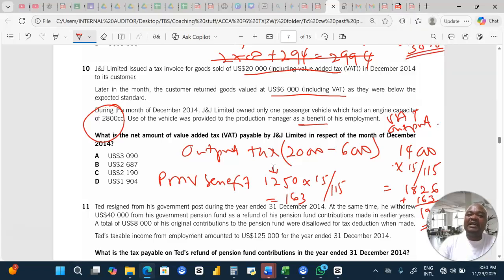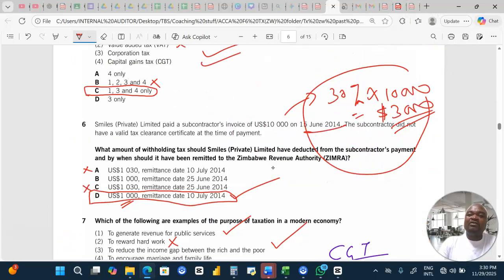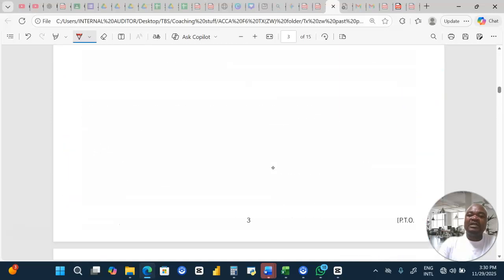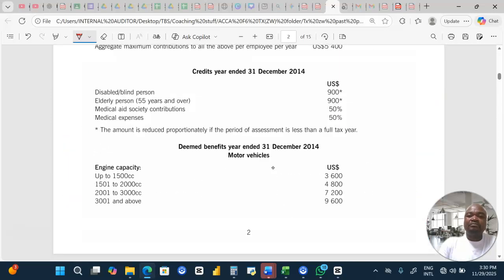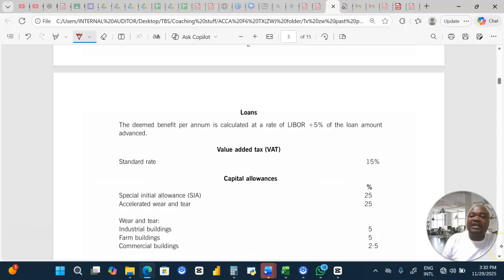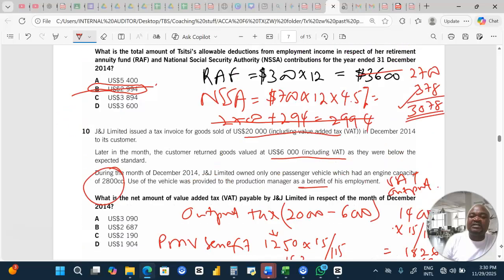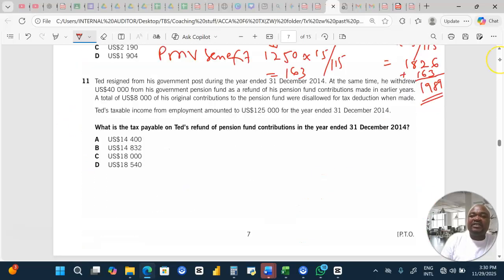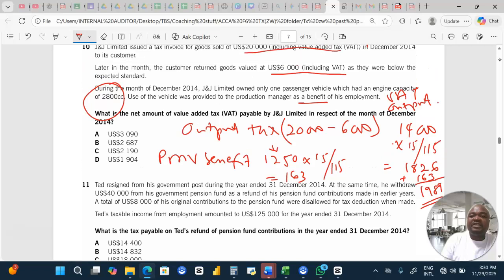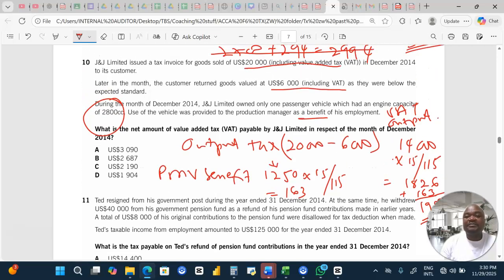Previously, or back then, the amount of benefit was, remember, within the range there. They were using 7,200, but it's now 1,250. You can see. So if we had used 7,200 there in the equation,